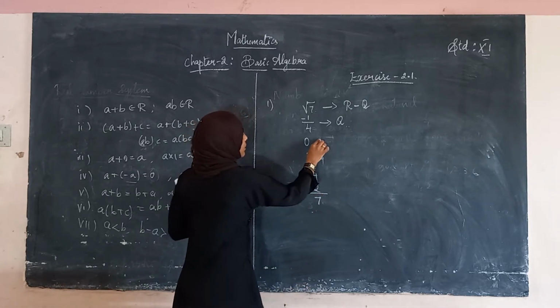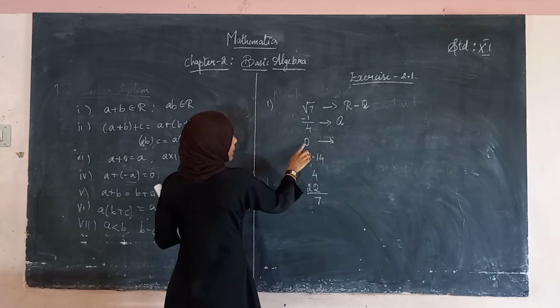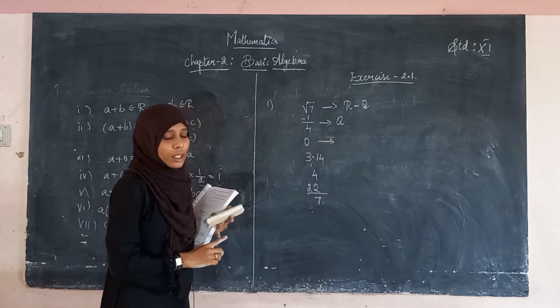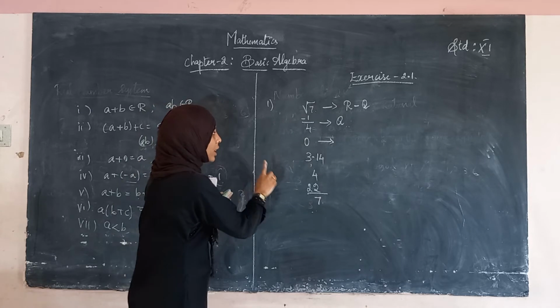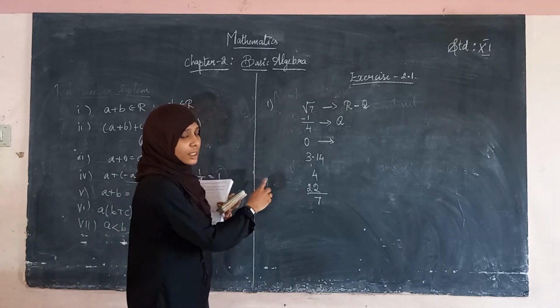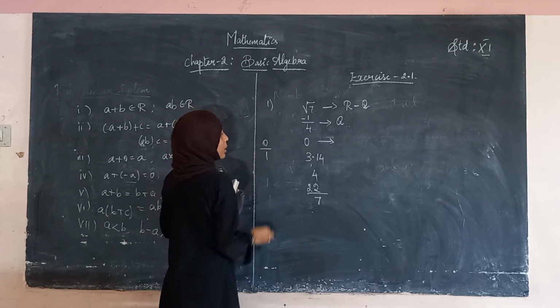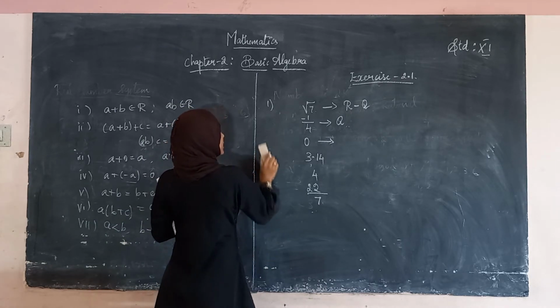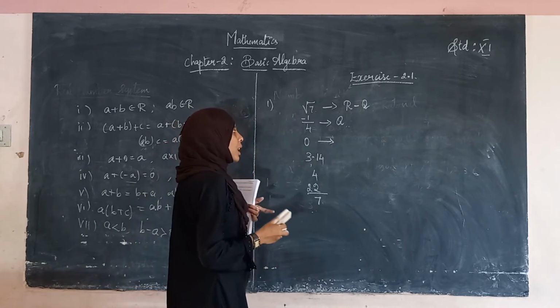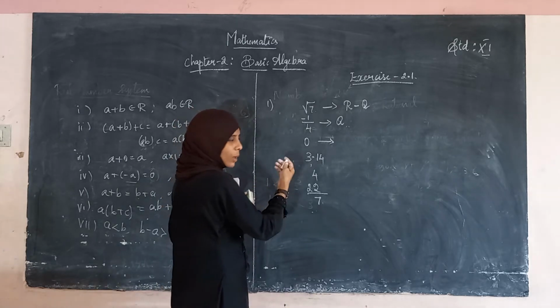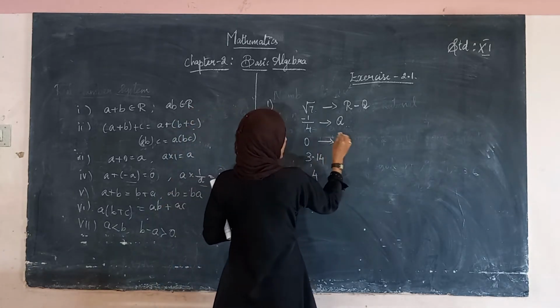But see here, what number is this? This is not a natural number. This is not an irrational number. But we can say this is what number? We can say this is a rational number, 0 divided by 1. Okay, we can say this is a rational number and it is an integer, right? 0 is an integer, therefore we are taking it as an integer.